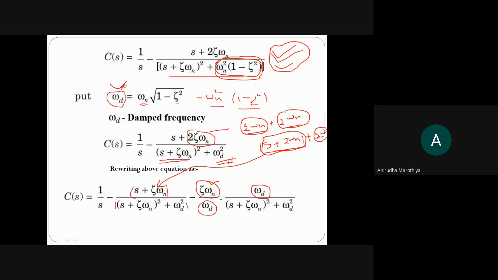Then in order to arrange them into standard form, we must have s square plus a square. So this a was not available at the top, because if you apply Laplace inverse, this is your sine and this is your cos. The Laplace of cos is nothing but s upon s square plus a square. Are you getting my point?